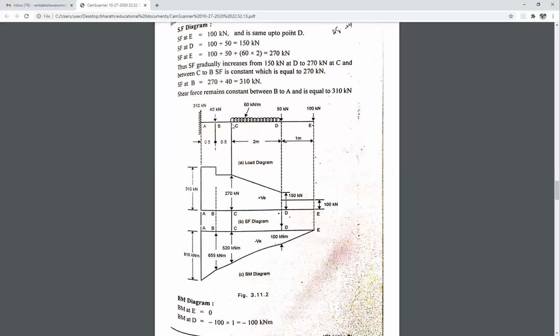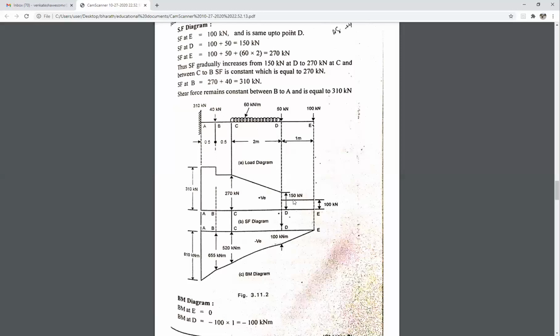From here to here it is constant. So from the point C to B we don't have any loads in between these two points. At the point B we have a load, at the point C we have a load, and in between we don't have any loads, so the load will be constant. At the point B we have another load of 40 kilonewtons, which rises vertically up to 40. Initially 100 kilonewtons, and later 50 kilonewtons will be there.